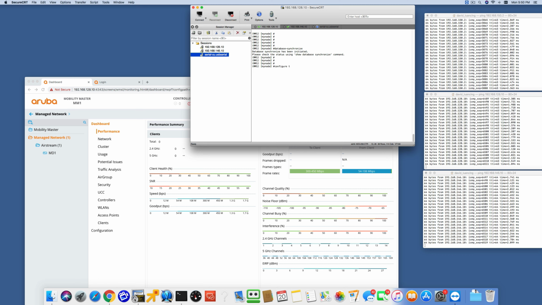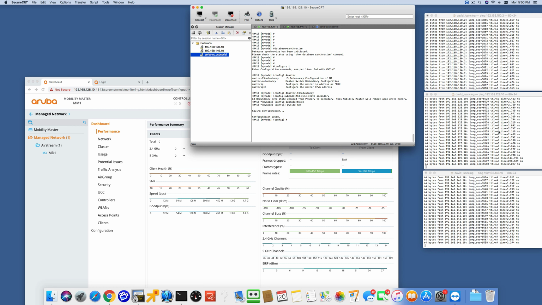So I'm going to do config t, and then master, and then layer 3 redundancy, and then I'm going to do the command L3 sync state, and say that this is now secondary. And it tells you right here, changing the sync state from primary to secondary, the mobility master will reboot upon write mem. So if I click exit and I do a write mem, you're going to see that